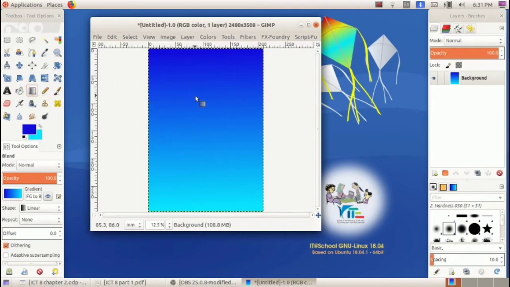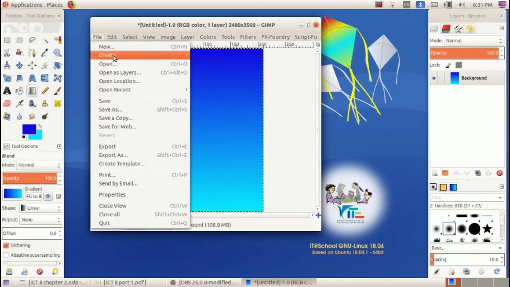Now, you can prepare this poster according to your idea. You can open pictures inside this, or you can even draw pictures inside this. We have already learned how to do these in our last classes. Now I am going to open a picture inside this. Okay. How to open a picture?